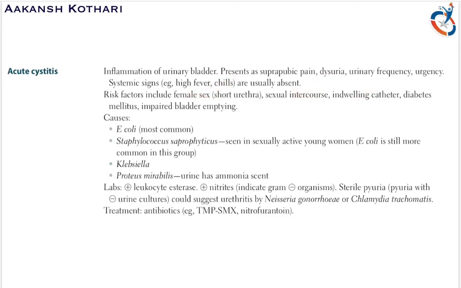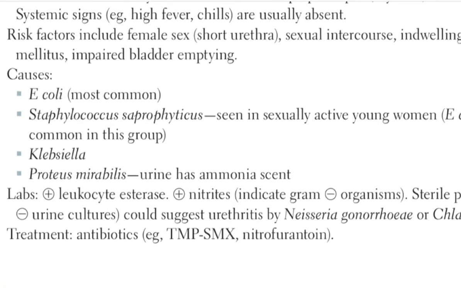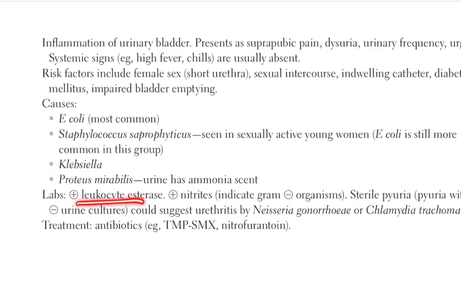Okay. As I told you, these are the various bacteria that infect the urinary bladder causing acute cystitis. And just talking about Proteus mirabilis, it produces the ammonia scent in the urine. So if a urine presented with ammonia scent and symptoms of acute cystitis, then it is due to Proteus mirabilis. Is it clear? Now, the lab findings in cystitis include positive leukocyte esterase and positive nitrites that indicate the